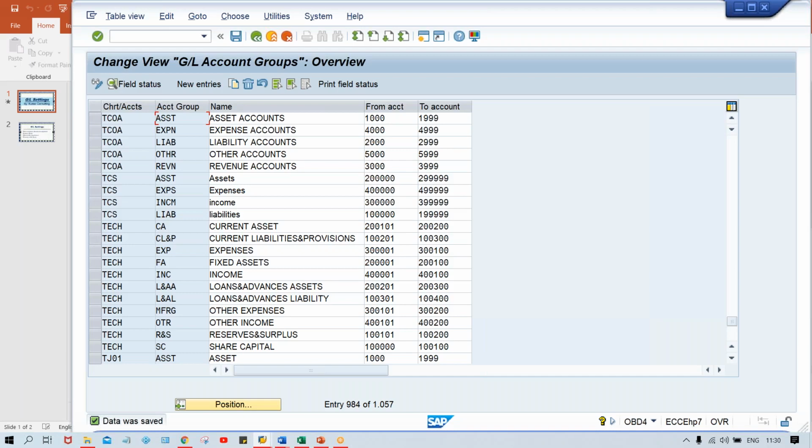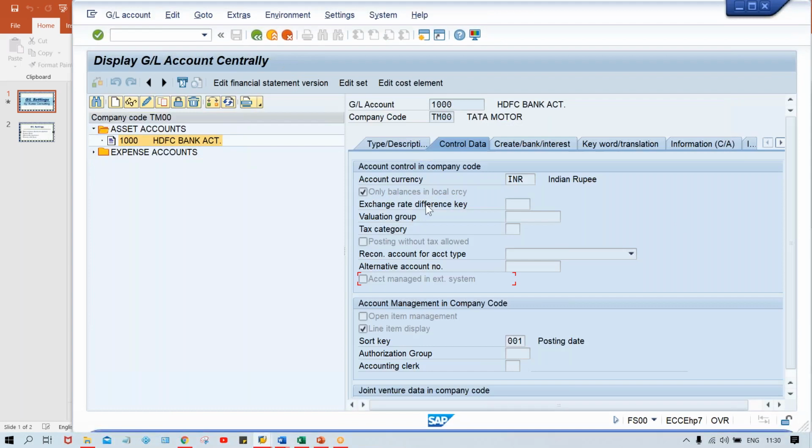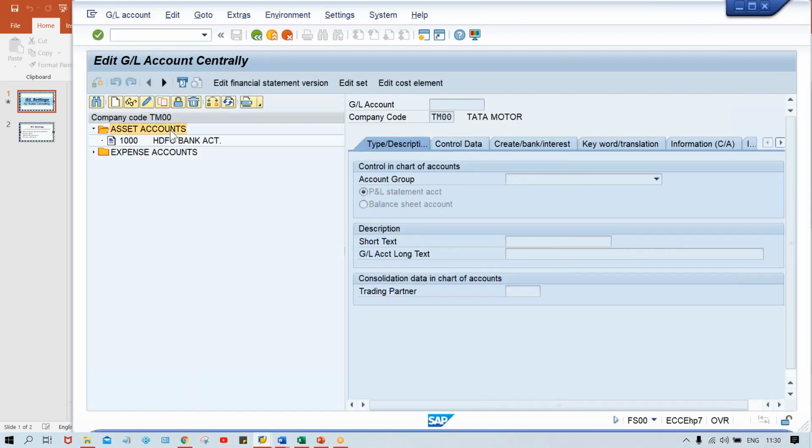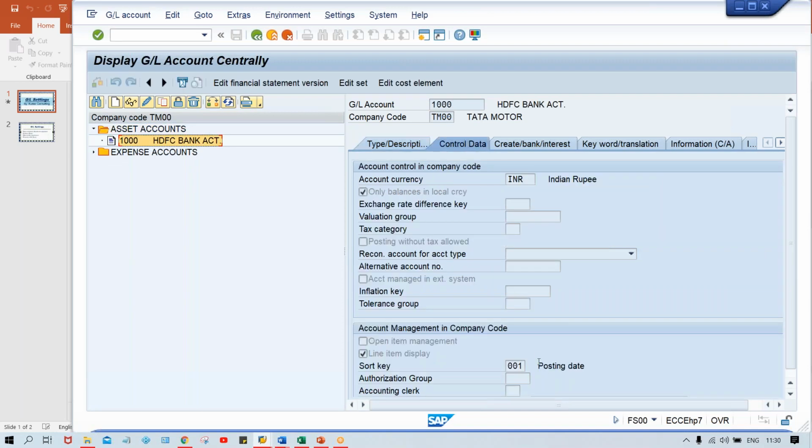Now here what we have done. Once again you just do /NFS00, and now let me show you. Now what is happening guys, these fields are converted into required entry fields.